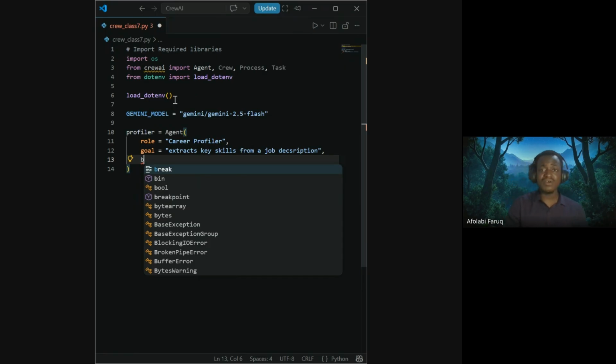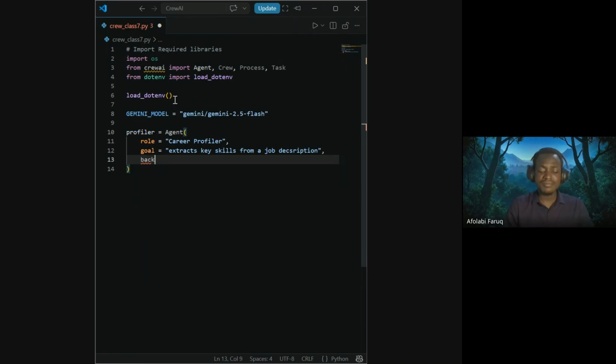The role for this, of course, is a career profiler, and its goal is to extract key skills from job descriptions. So we have the backstory here.